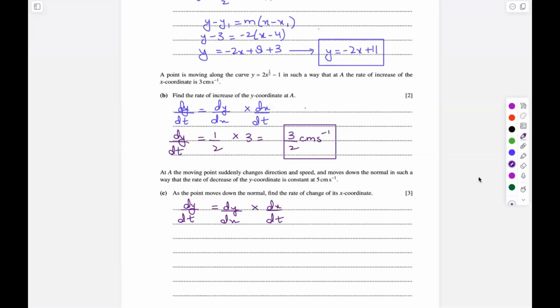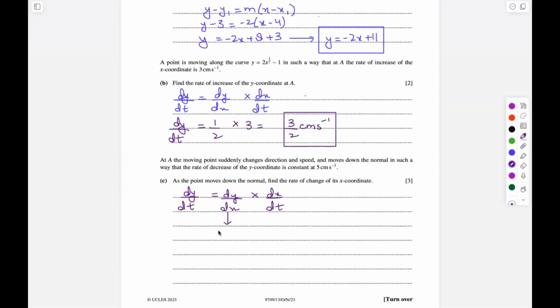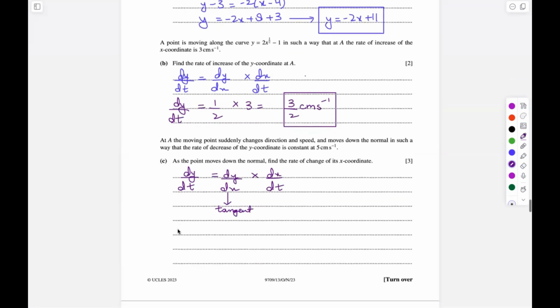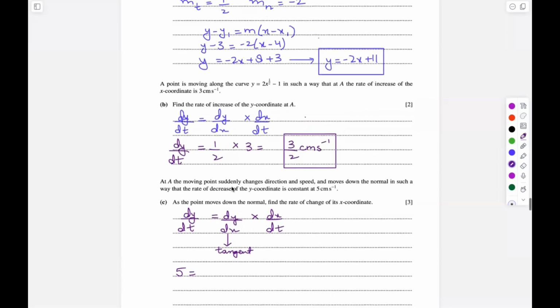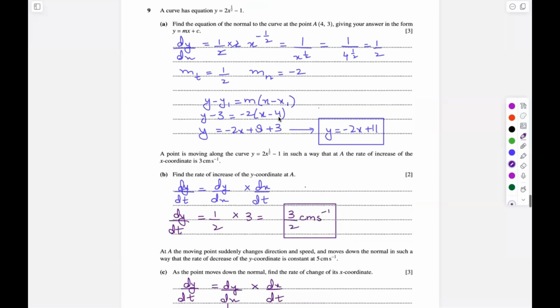So in this question, we have the dy by dt. We have to find the dx by dt, which is the rate of change of x coordinate. And to do that, we'll have to first find the dy by dx. Now, this basically is the gradient of the tangent. So dy by dt in this question is given as 5. And to find the gradient of the normal, as now it is moving down the normal in such a way that the rate of decrease of the y coordinate is constant at 5 centimeter per second, we'll have to take the gradient of the normal over here. So the gradient of the normal was